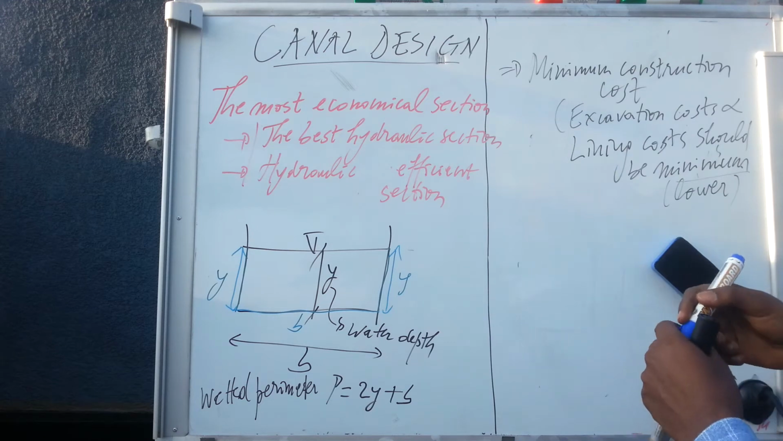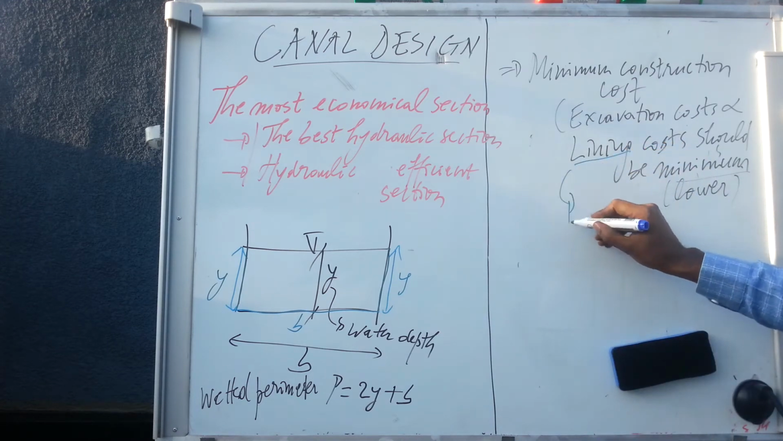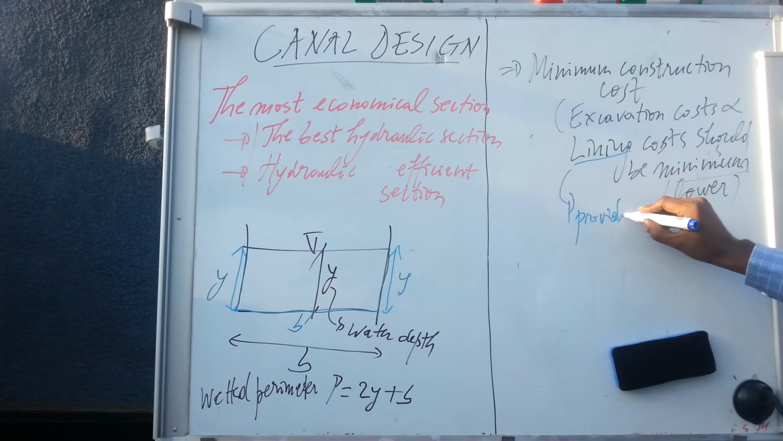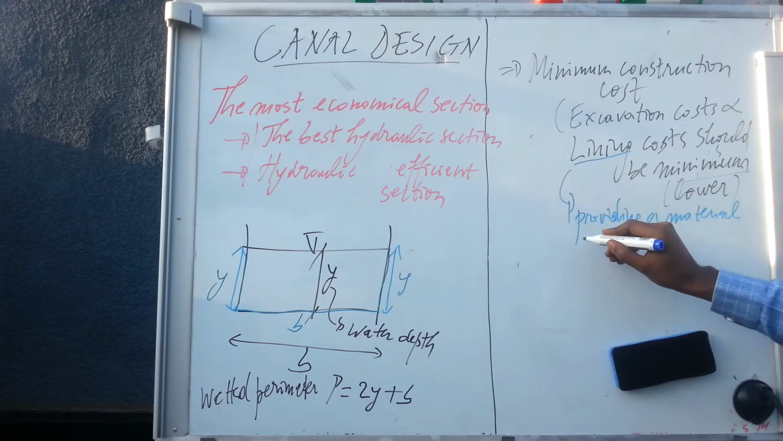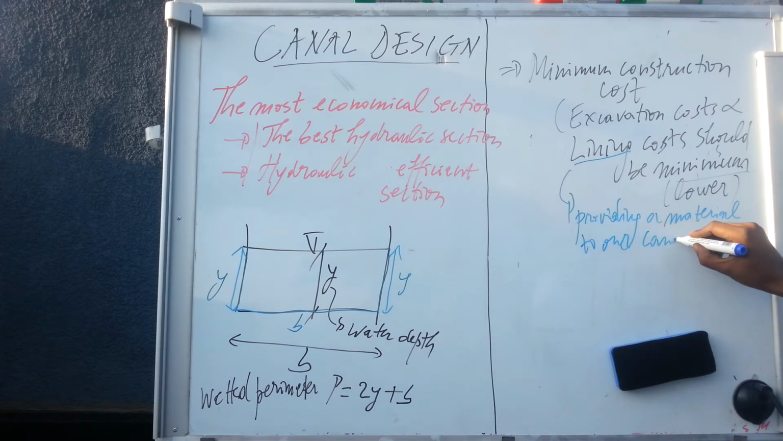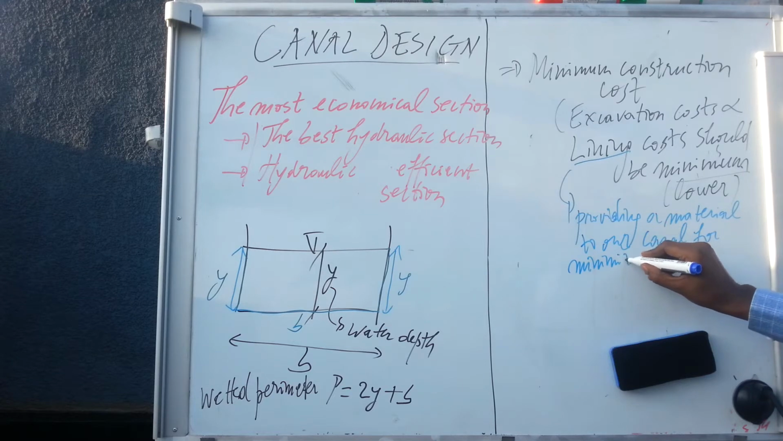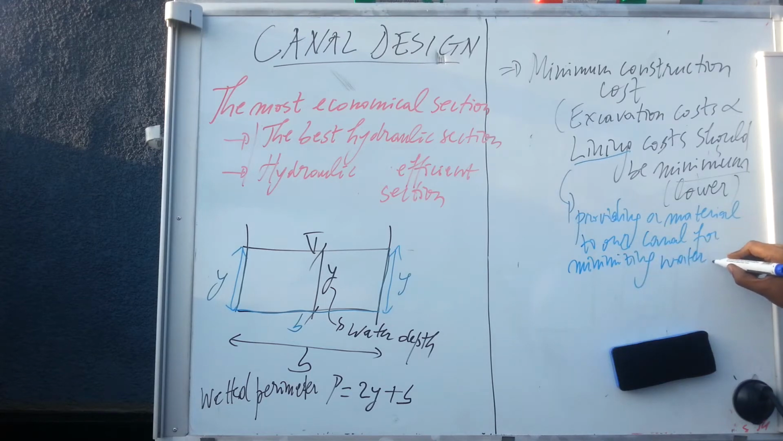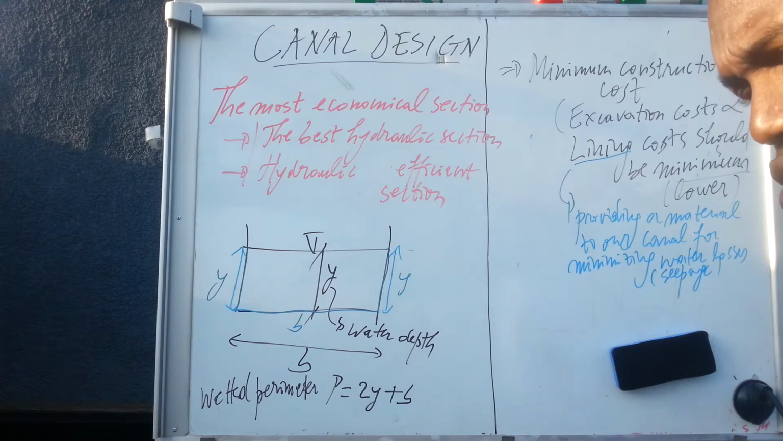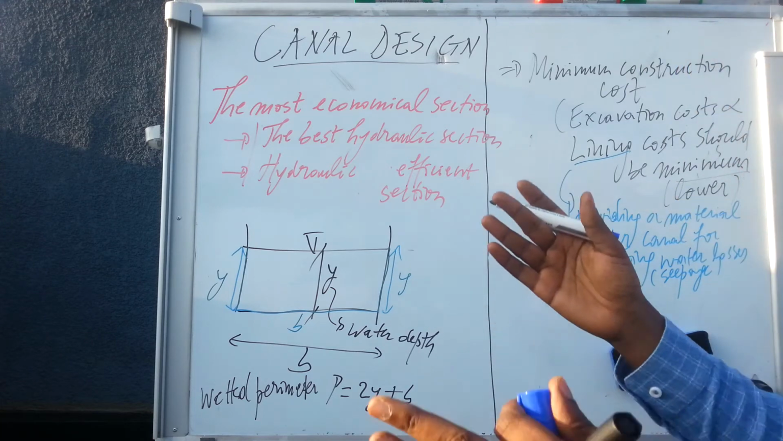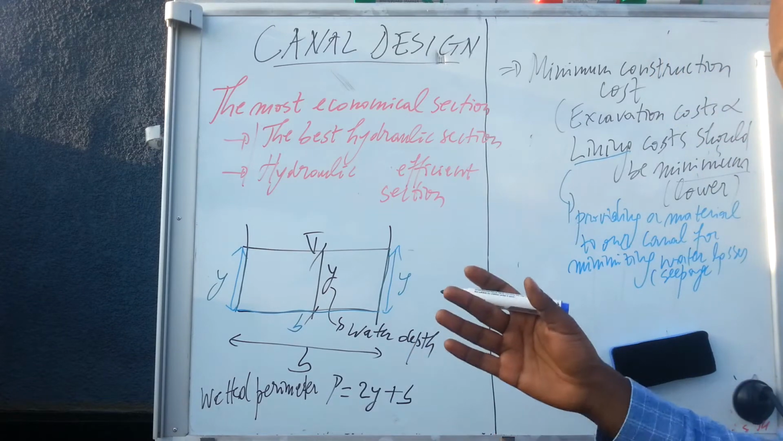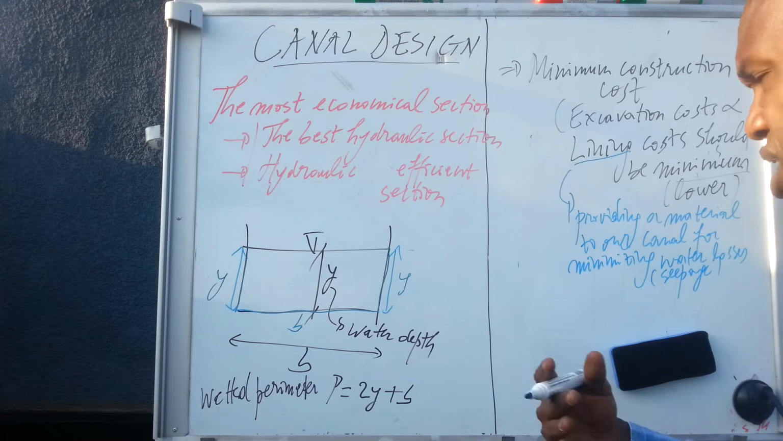What is the meaning of lining? Lining is just providing a material to our canal for minimizing the water losses. I mean the seepage is minimized, the water lost through seepage. When the water leaves the canal through the nearby soil, you are losing your water. So when you construct your canal with concrete or stone masonry or brick masonry, you are minimizing